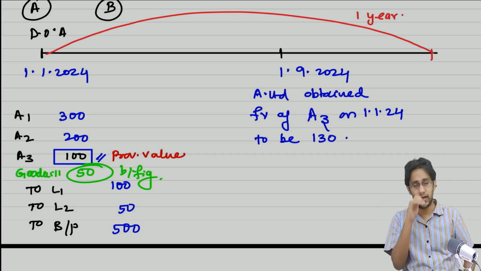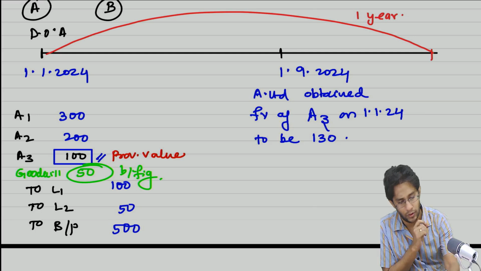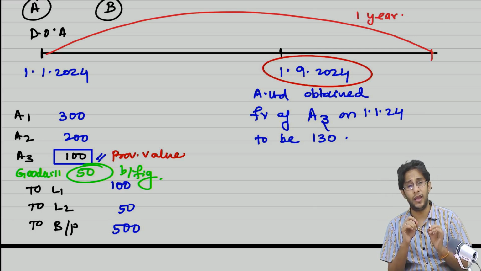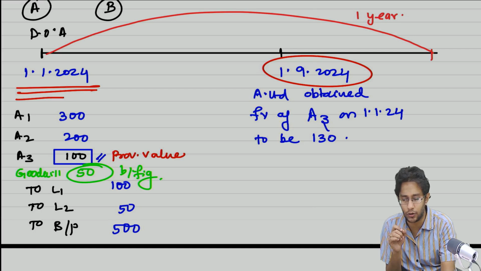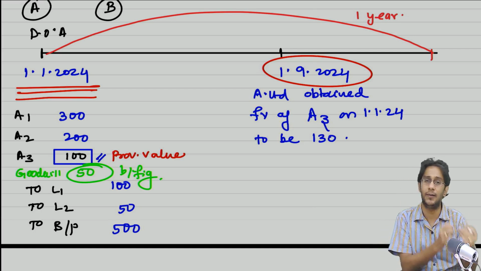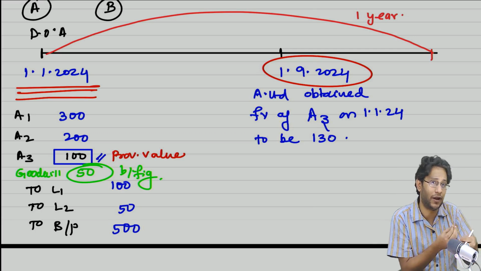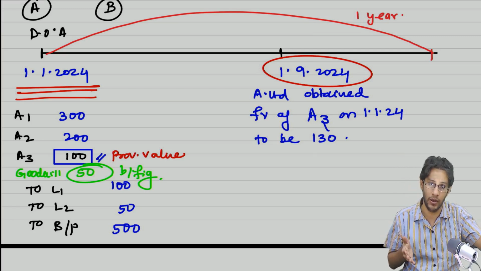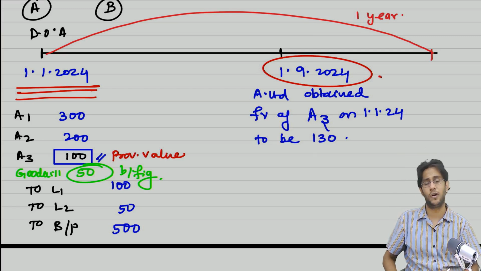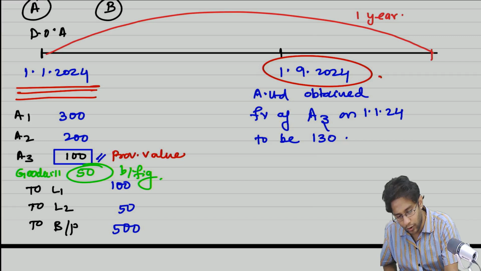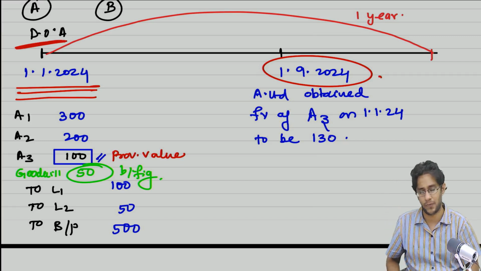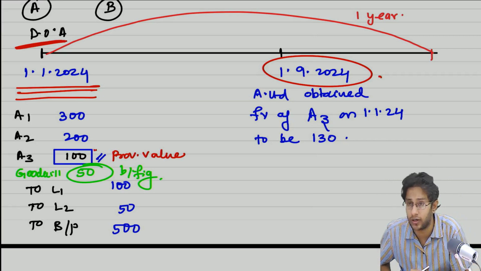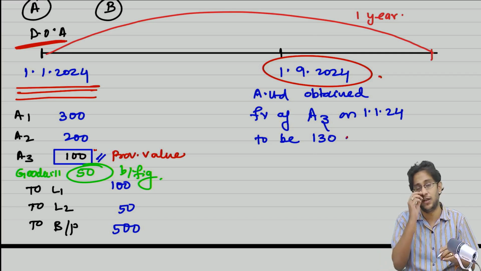What you must understand correctly is, I don't want A3's value on 1/9/2024. This is not acceptable. I want A3's value on the acquisition date only. There is no compromise in this. I'm just giving you an additional time period to fetch the asset 3 value on 1/1/2024. For getting that, a 1 year time period is given. So you should not bring the 1/9/2024 value of A3. I want the A3 value on the date of acquisition only. This number only I want, and later on you can bring it to me. So we originally recorded it at 100, but its value on the date of acquisition is 130.